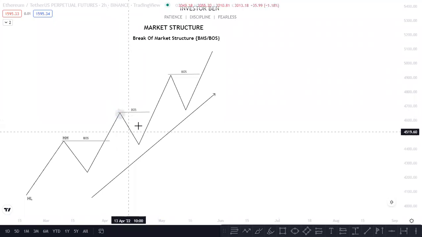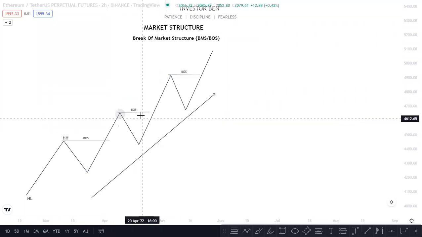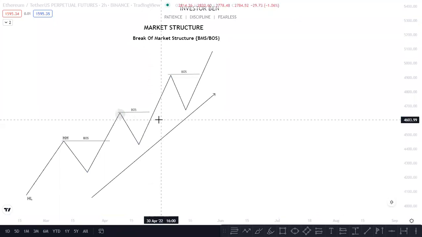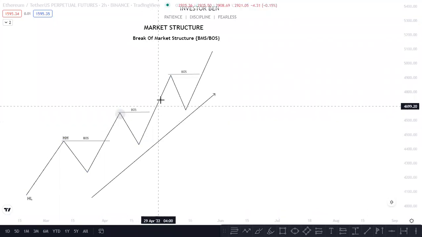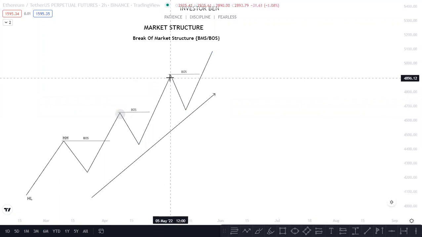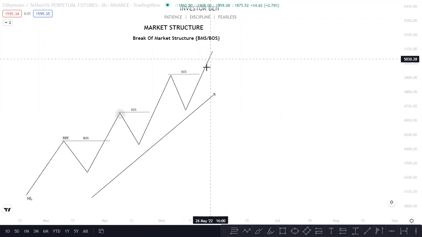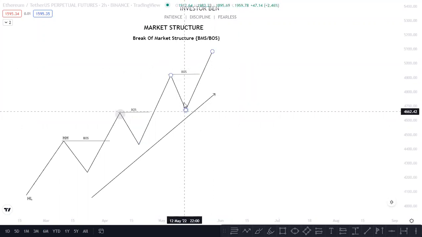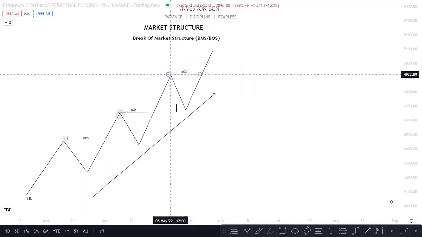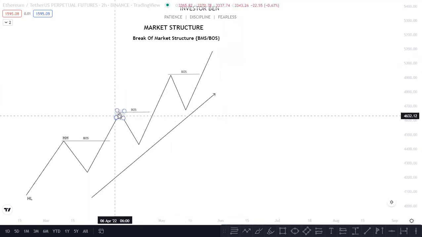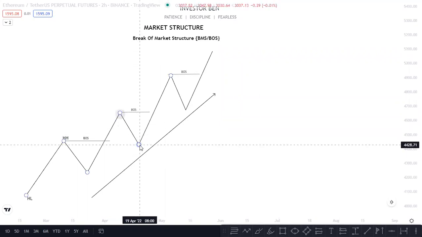This is another higher high. We broke this higher high, right? The break of market structure occurred. You mark them this way, your break of market structure, right? After breaking the structure, we formed a new high, right? A new low. We break the structure. This is your low, this is your high, right? So as we break structure, if I'm to explain swing highs and swing lows, this will be your swing high and this will be your swing low.